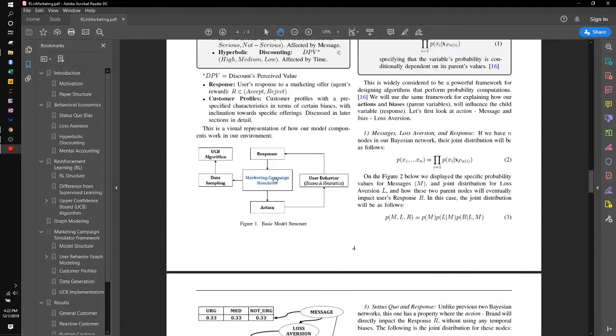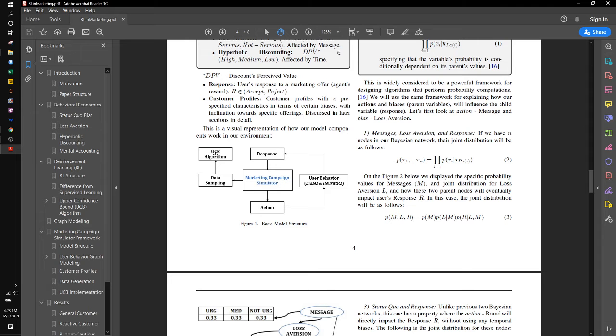But just to clear up some of the important points here, we are generating random data, and that is one of the limitations that we discussed in the limitation section later. We're generating data with action probabilities, and these vary based on customer profile. And those actions will eventually impact the user behavior, their biases and heuristics, and how they're going to make decisions. So it comes to response. Once we obtain the responses for 1 million customers, then we sample that data randomly and feed it into the UCB